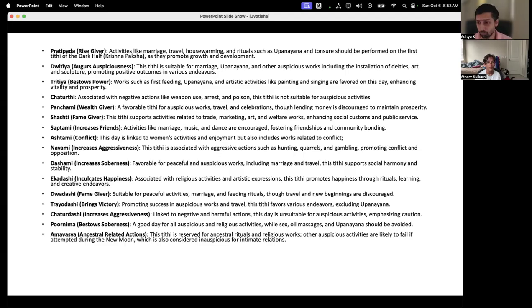Let's say, for example, somebody says, hey, pick a date or pick a time when you want to start your new job. Let's say they say, you can start your new job on any day next week. Let's say the decision is in your hands. So what we do is, we say, okay, let us study the Panchanga for next week. Let's pick a good tithi. A good tithi for starting a new job would be Panchami, Dashami, and Chaturdashi before Purnima is also a good tithi.